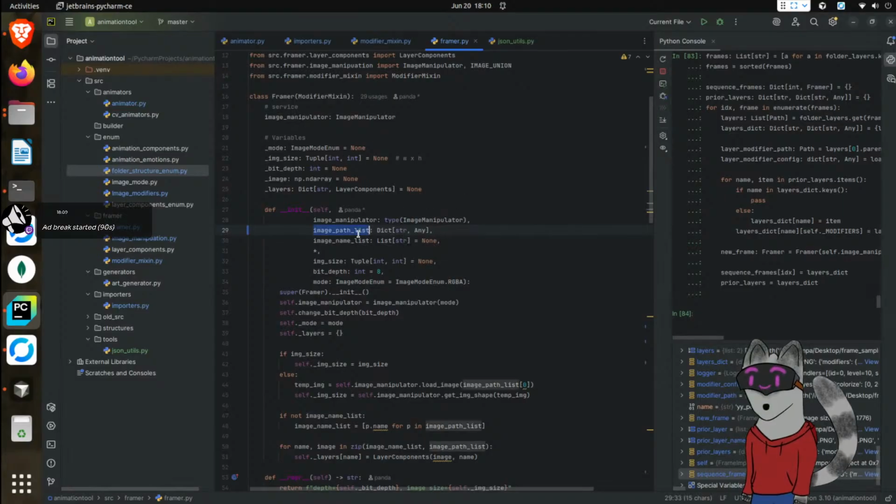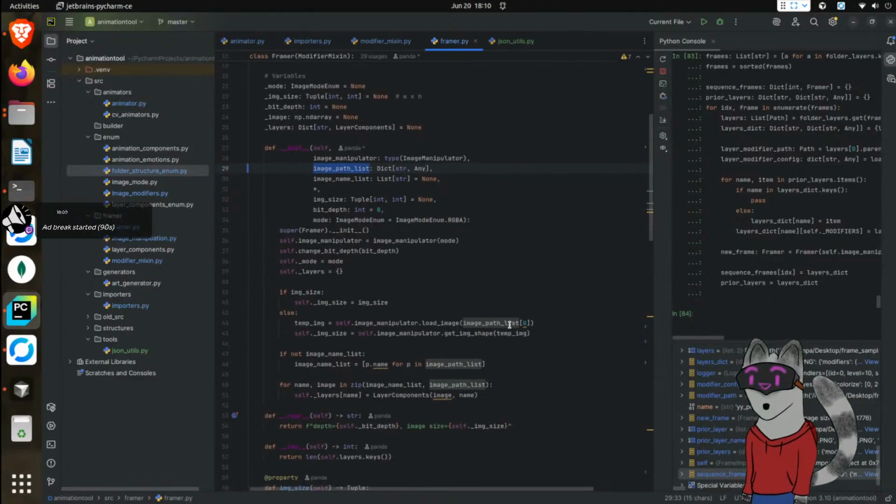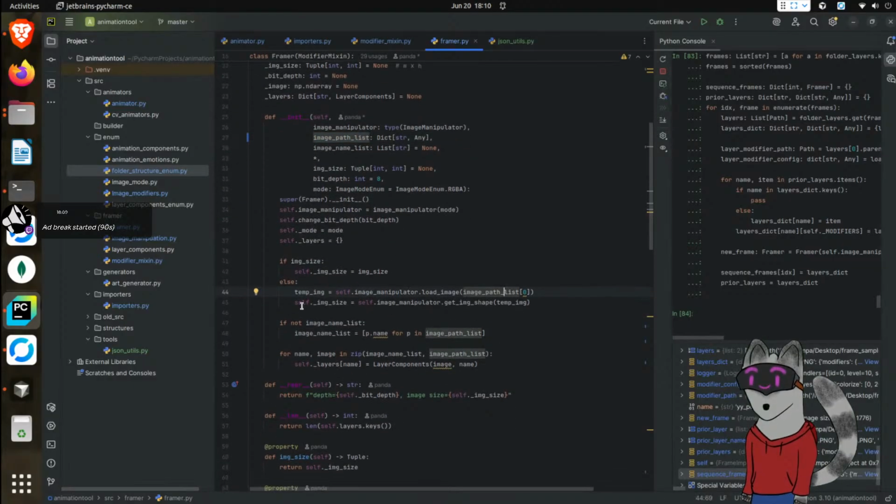And then from here, once we get our path list, this is the temp image, so we can get the size. So first things first, we should do that. Then we need to get the